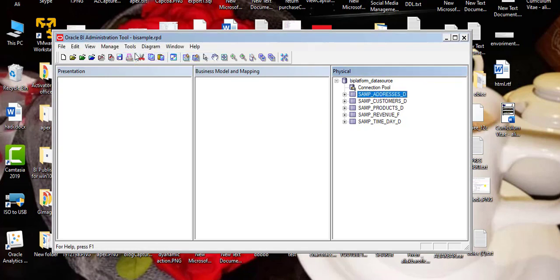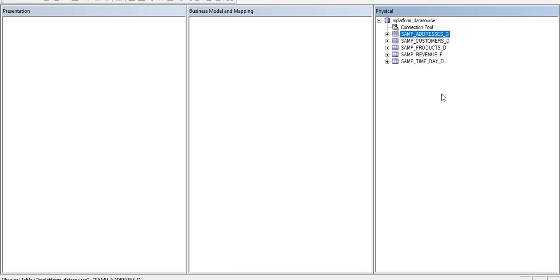Otherwise we can do it manually one by one. Okay, guys, you can see time day has 1673 rows. Earlier there was no data fetched from the database structure.